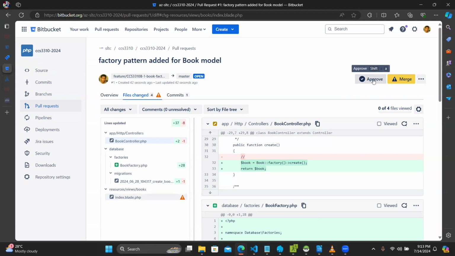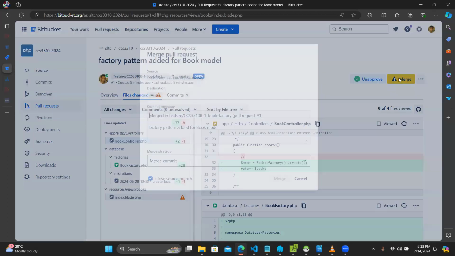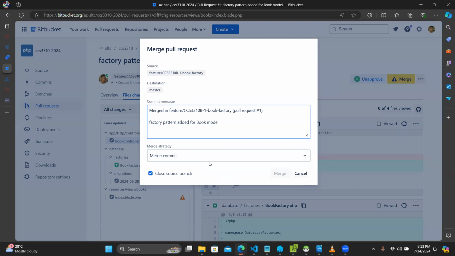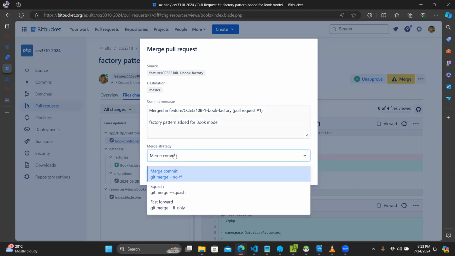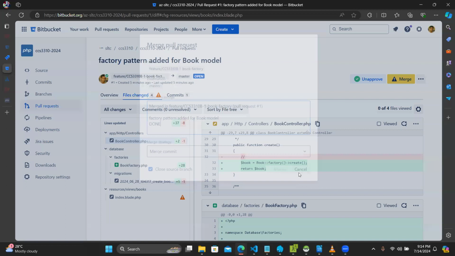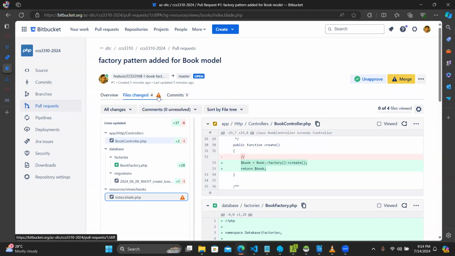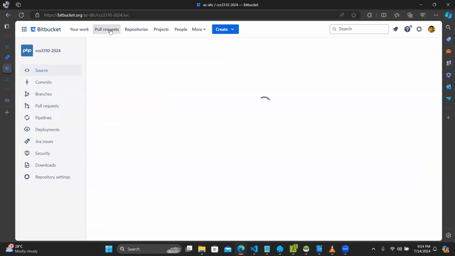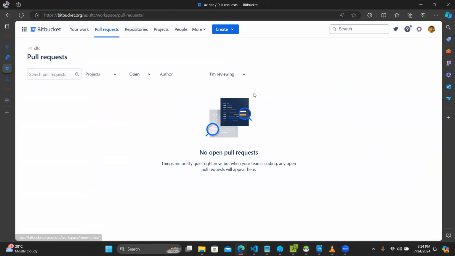Remember I was in pull request here, right? So I need to approve my pull request. Approved, done. And then I can say go ahead and merge. Merge commit. Yes. Okay. Oh, I can see the conflict still. Let's see. I need to reload this page. Oh, no pull request. Pull request is accepted. Okay. So let's go to